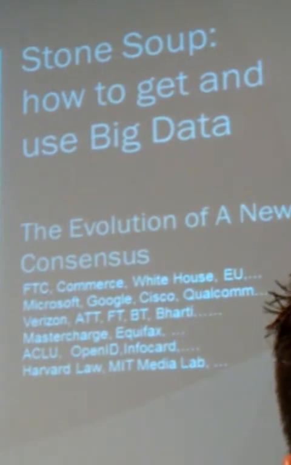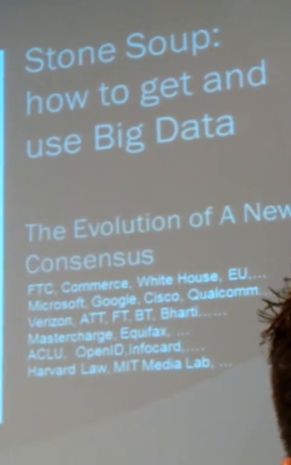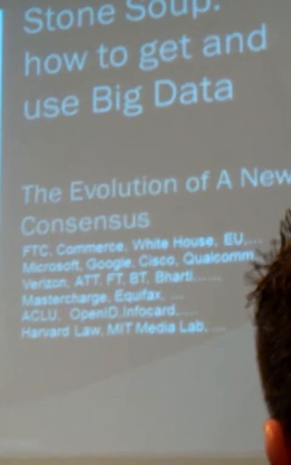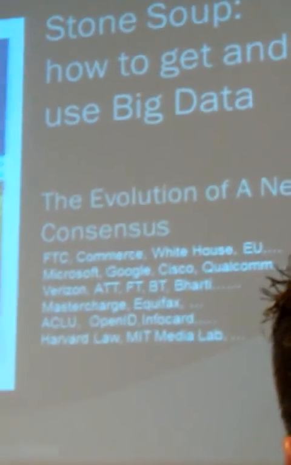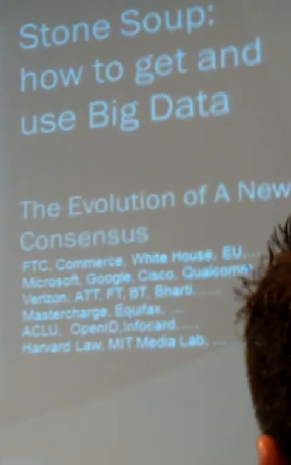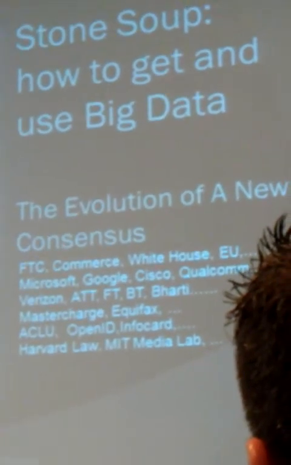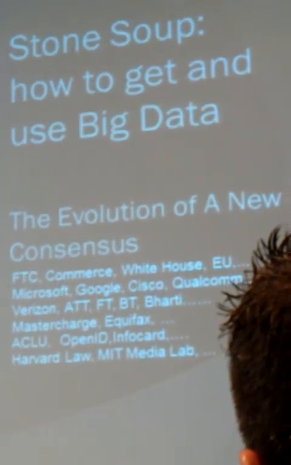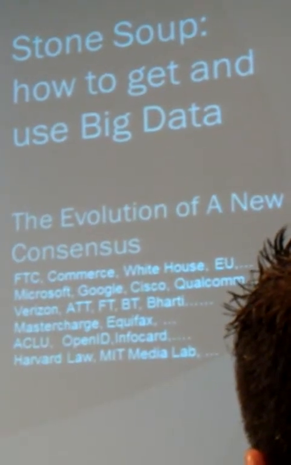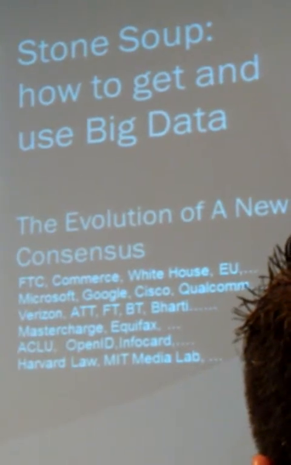So the constraints are you, the citizen, the consumer, need to be protected. The companies that collect the data need a way to make money. For many companies, wireless companies, media companies, this is the only way they see to make money in the future. They're going broke. They're really desperate to use this sort of data. And of course, government would like to do a better job.